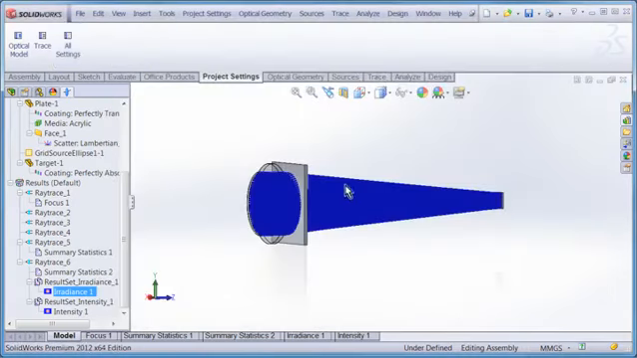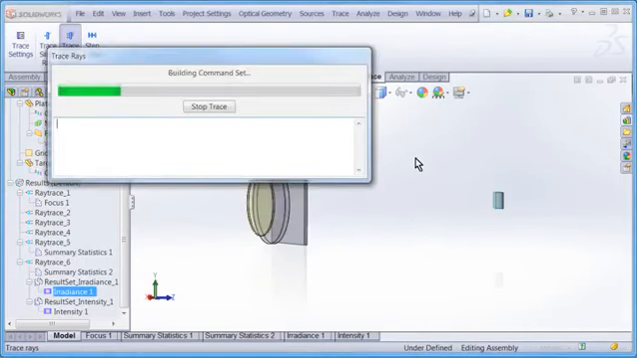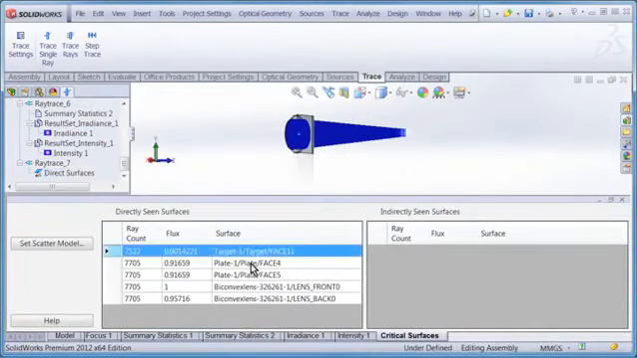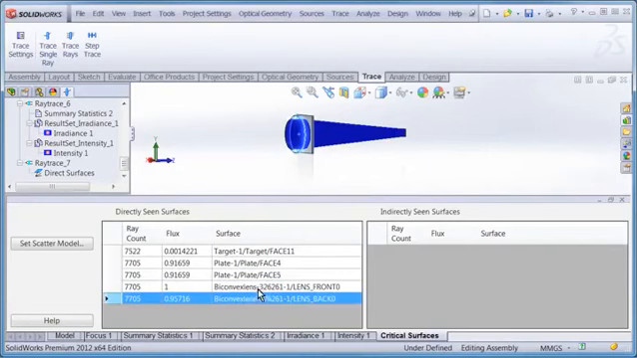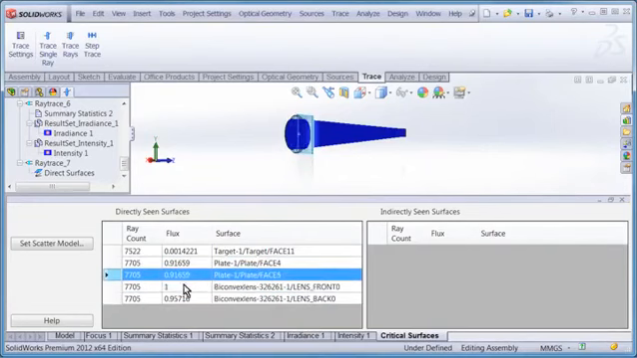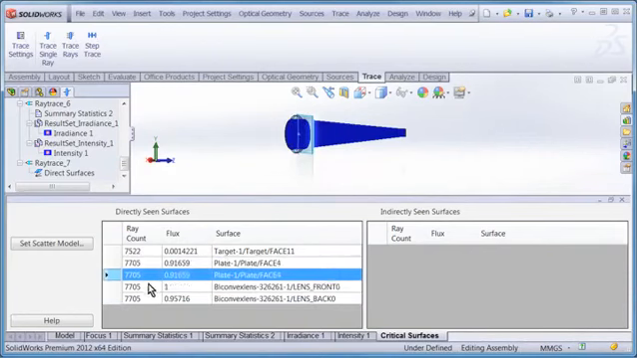and let's do one more ray trace. So let's go over to our Trace tab and just one more ray trace. And what we see here are our optically active surfaces. We understand how much energy currently is seen at each of those surfaces,